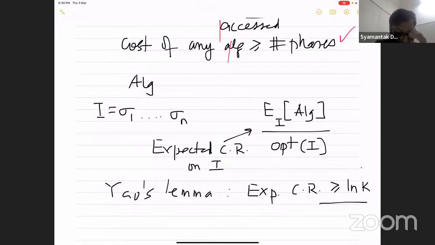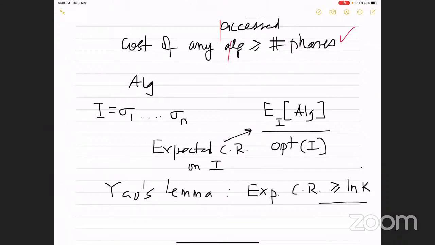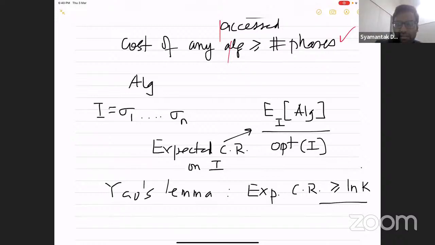Amit, I just want to clarify one thing. Suppose I am still in the randomized setting, but now the adversary is a bit more powerful. Let's say it can actually see the outcome of your random tosses. Then the same example that I showed you will give you a k. Randomization does not help. This is called an oblivious adversary, where it doesn't see your coin tosses. Only then will you get a log k. Otherwise, we're back to the same situation, at least for this example. In general, it could help.